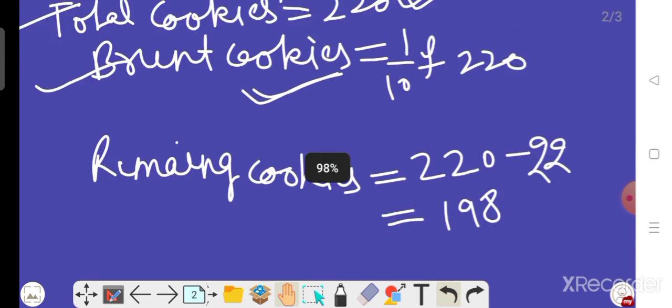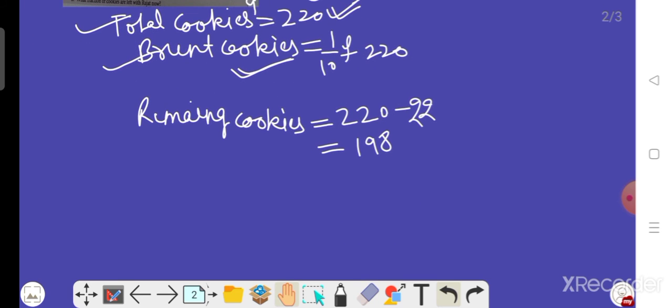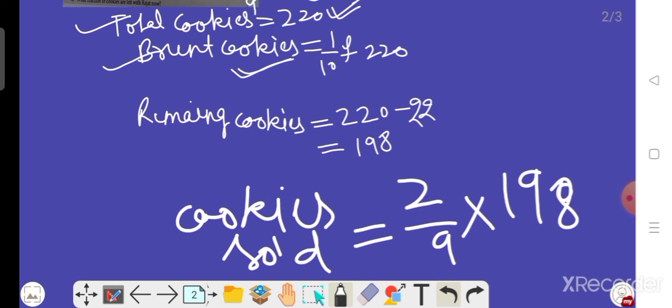Okay, after that in the A part, we have to find how many cookies he sold. So how many cookies did he sell? Cookies sold is equal to 2 by 9 of the remaining, and the remaining cookies are 198. So 2 by 9 of 198 is equal to